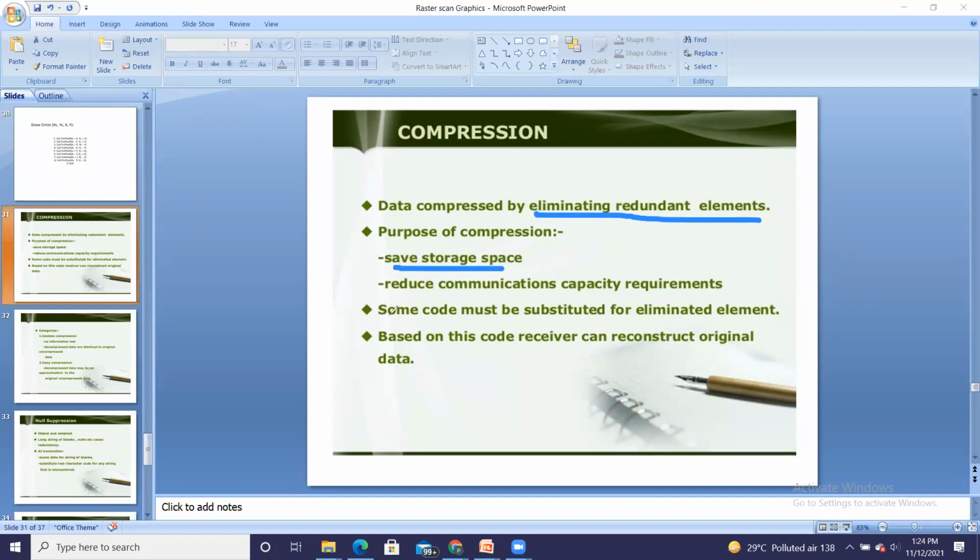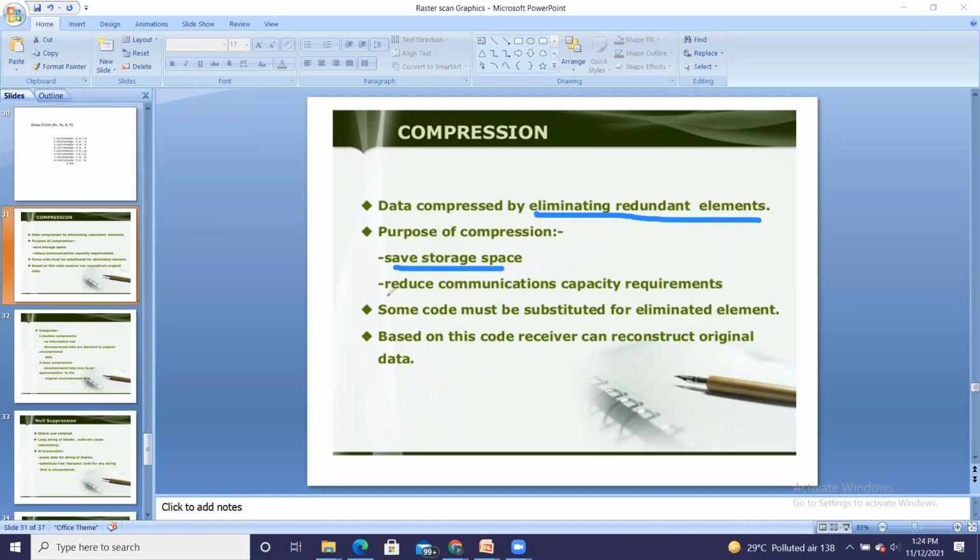If data of 30 MB gets reduced to 10 MB, then the space required to store that data will be less. That is the purpose of compression: you can save the storage space.